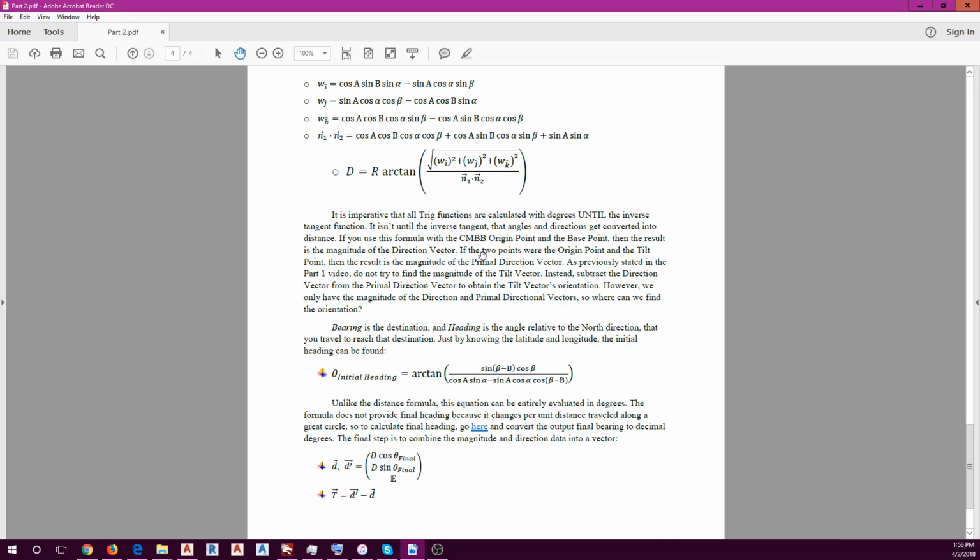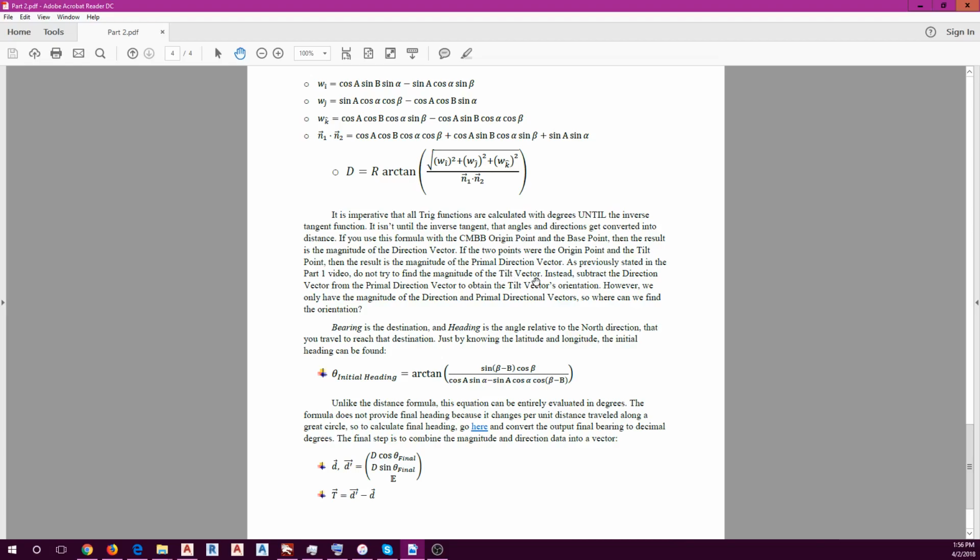Okay. If n1 is the origin point and n2 is the tilt point, then this distance right here is the magnitude of the primal direction vector. And like I said in the previous video, do not calculate the magnitude of the tilt vector. I will give that to you. Instead, give me the angle of the tilt vector,